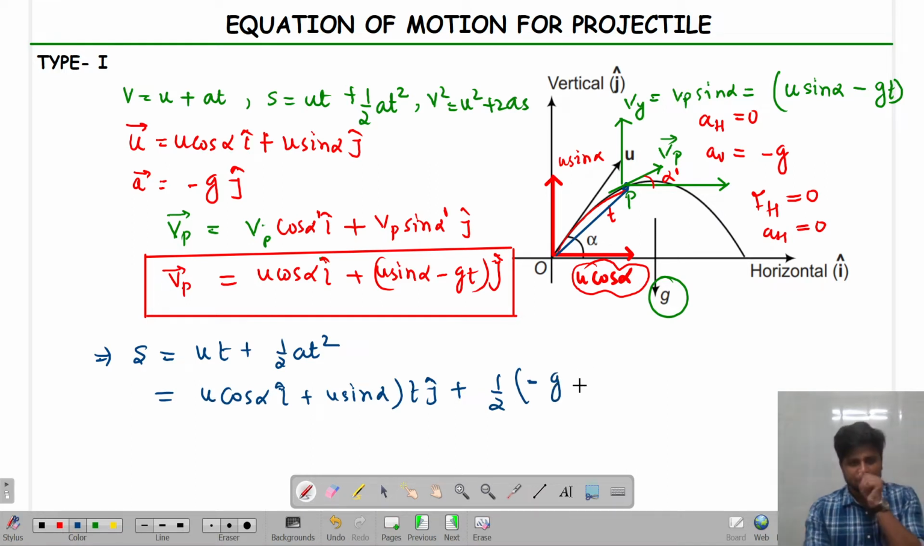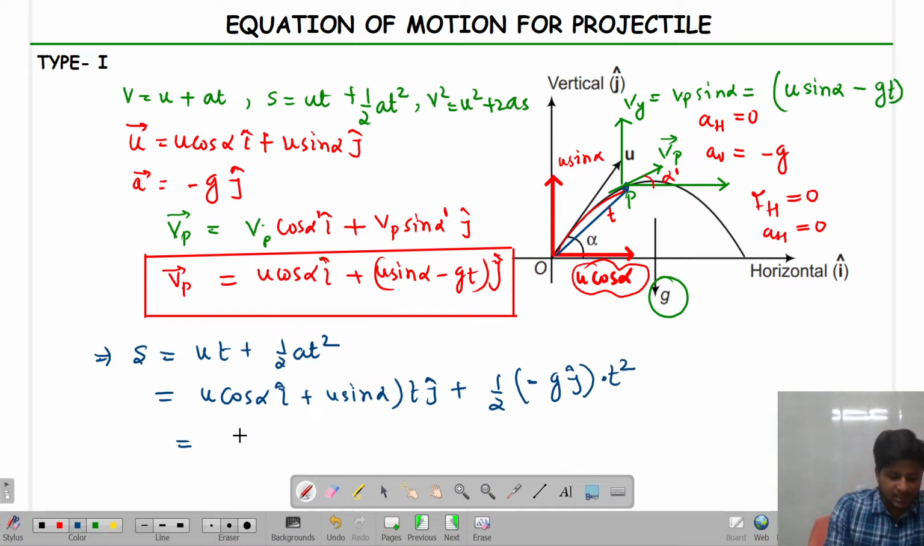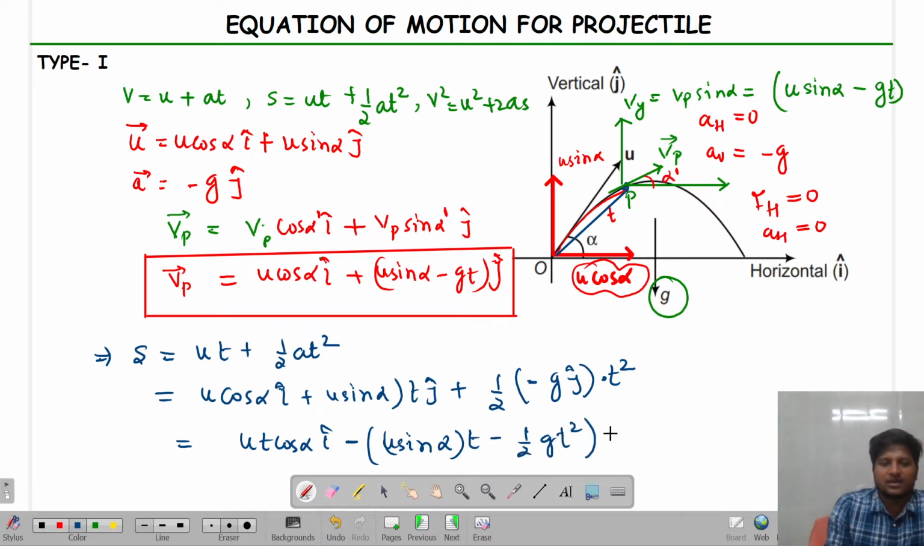Minus of g j cap into t square. So what you got as a relation? You got the relation as u t cos alpha i cap minus half of... or what you can do, you can write this as u sin alpha into time t, okay, minus half of g t square j cap, and that is your displacement vector for the particle which is following this